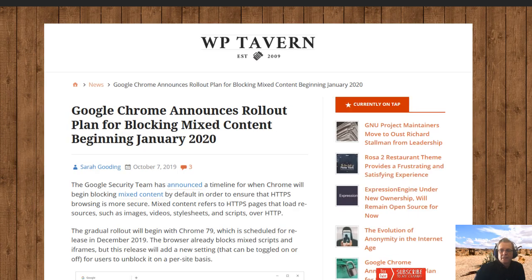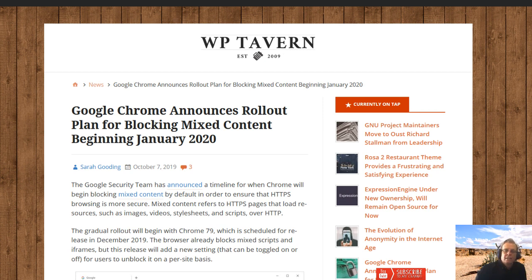For those of you who worry about SEO and other things out there, or your website performance, this is an article from the Tavern, and lots has been said about this over the last week. Google Chrome has been announcing that it is rolling out plans for blocking mixed content. Now, this impacts you if you've not done a proper conversion of your website from HTTP to HTTPS. And older sites, many people use the cheater methods. I did back in the beginning until I realized my mistake and I had to go back and redo a bunch of work. But I went back and I've converted all my sites properly, going through the database and making sure I got all the